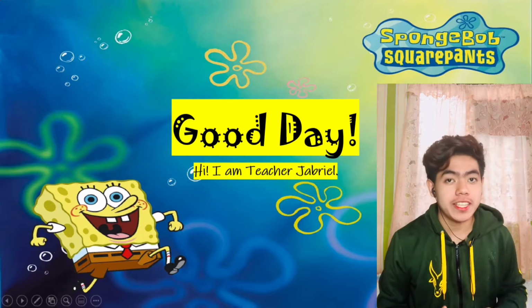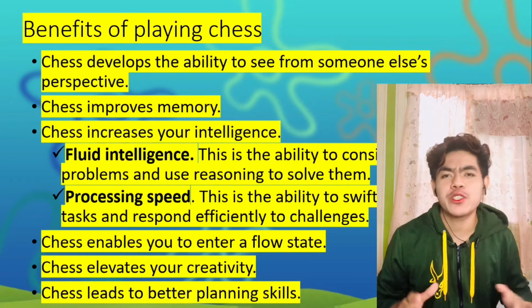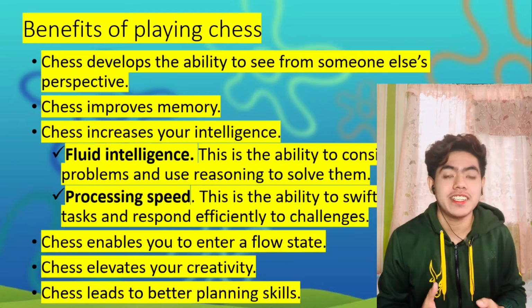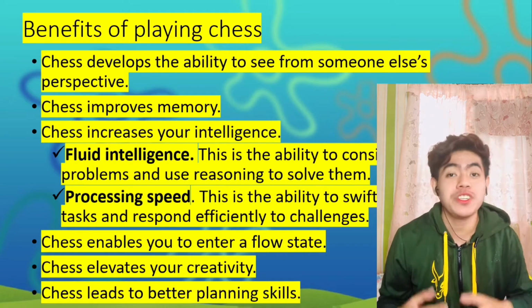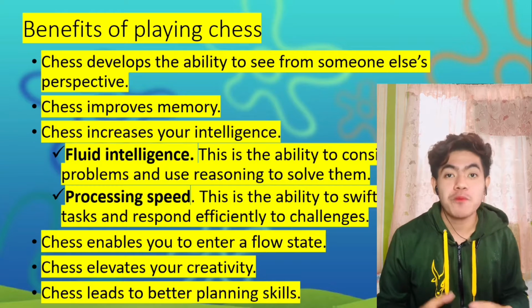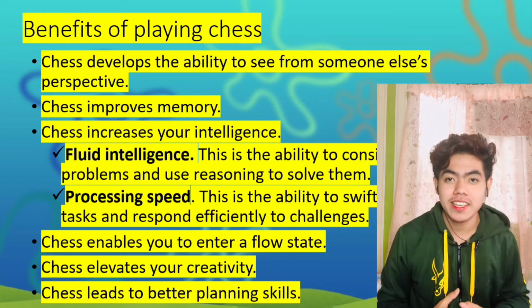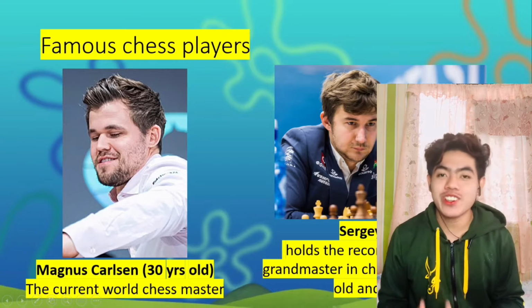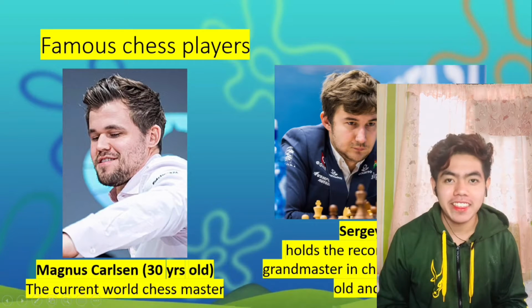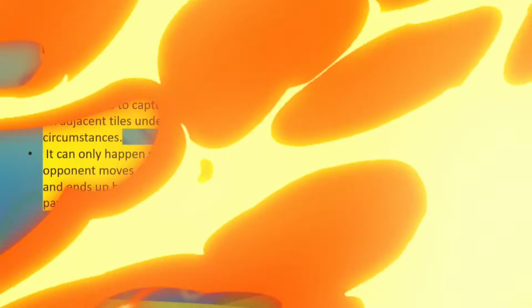On our first day, you have learned the history of chess, the benefits of chess such as fluid intelligence, which is the ability to consider new kinds of problems and use reasoning to solve them. Processing speed, which is the ability to swiftly comprehend tasks and respond efficiently to challenges. The two famous people when it comes to chess, which are Magnus Carlsen and Sergei Karjakin. The special pawn movement, which is the en passant,